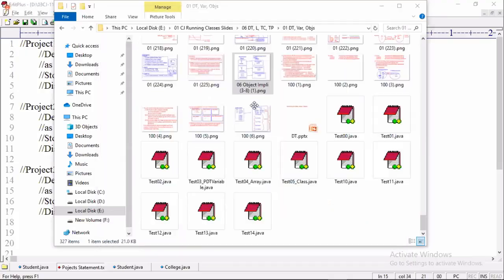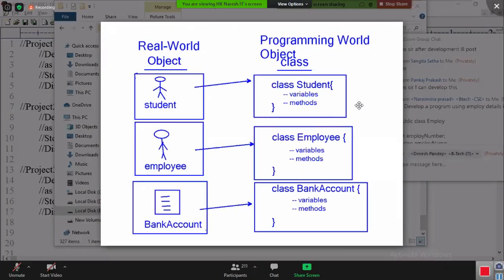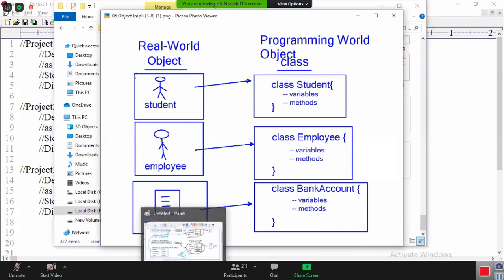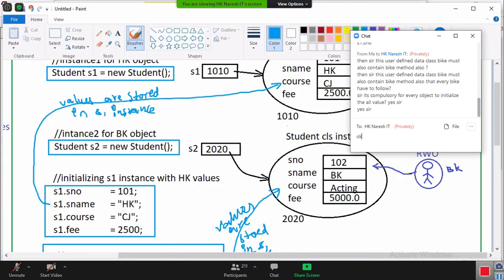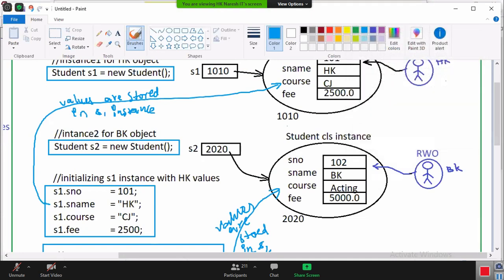Tomorrow is a holiday, not a jolly day. You will have 4 hours of class daily. Understand? Monday onwards, you will have 4 hours of class daily: 2 hours of class here, 2 hours of class at your home.